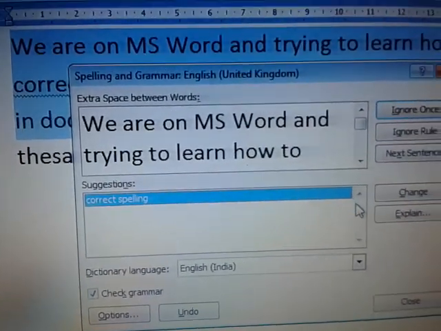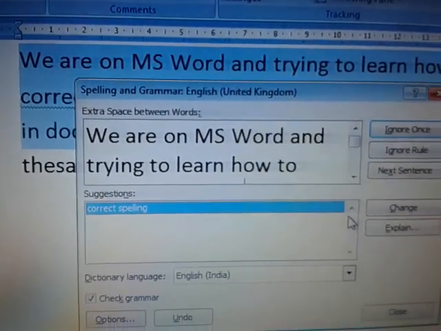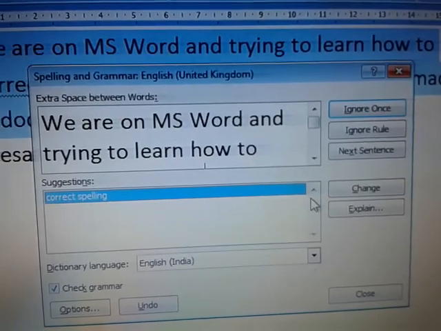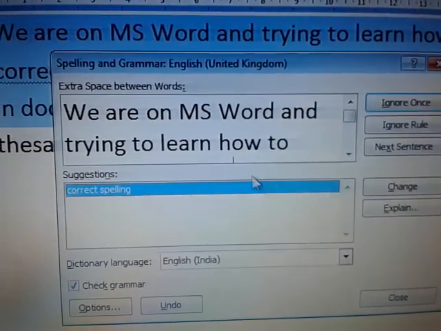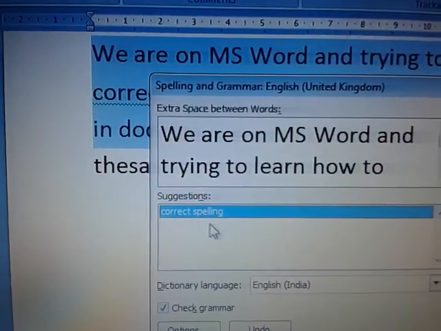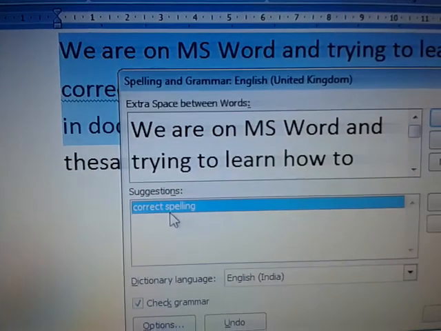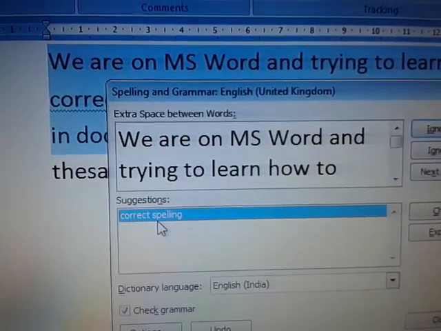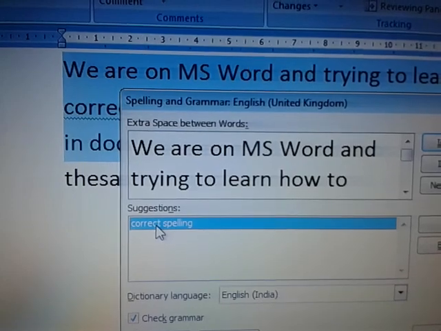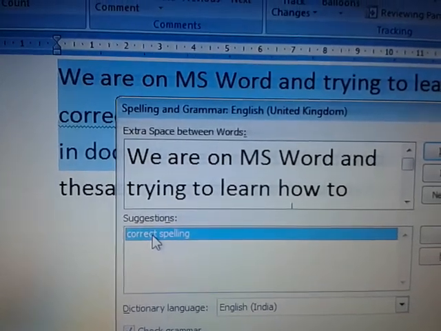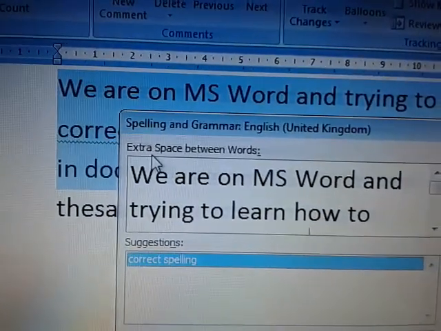On clicking Change, the correct spelling is taken. And here you have seen that a green wavy line was given because extra space was given between the two words. What was the mistake that we have done?